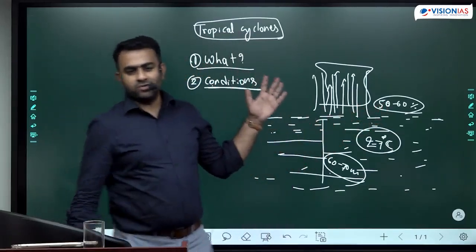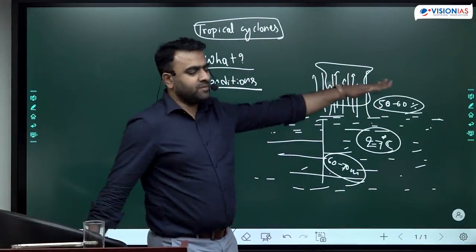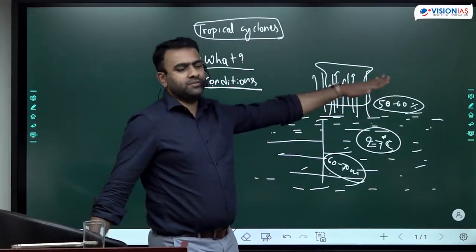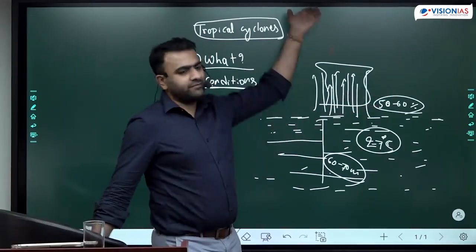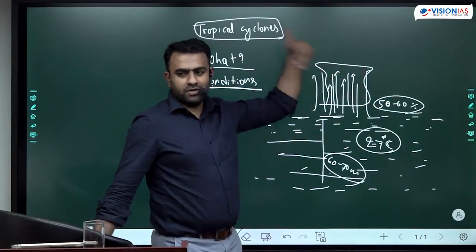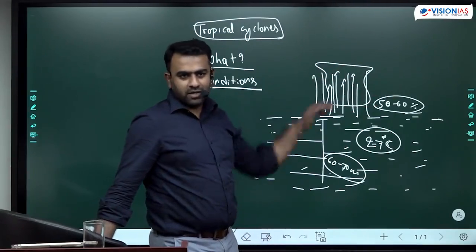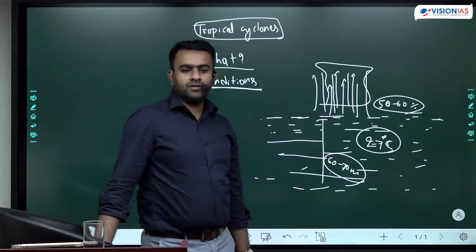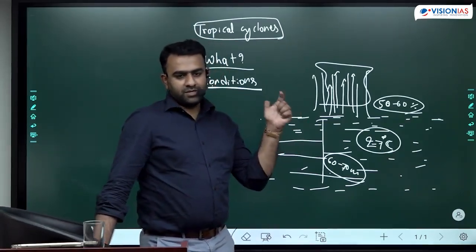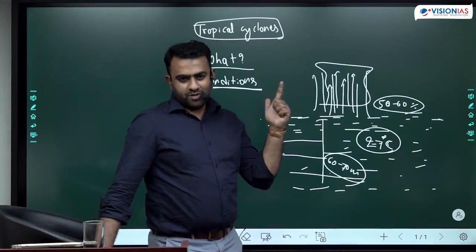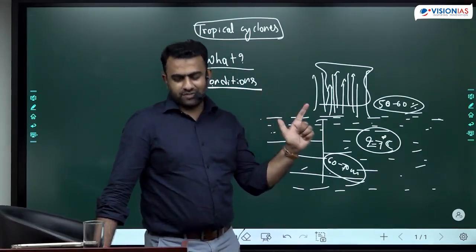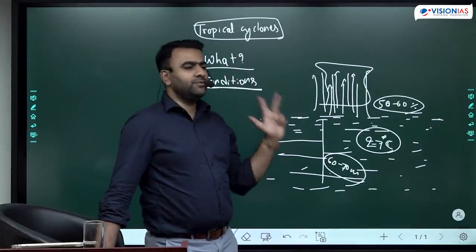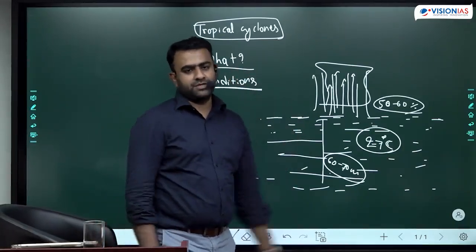Easily, thick clouds will not form. Minimum of 50 to 60% of humidity should be there near to the surface. Only then when it undergoes convection, it can cool down and results in cloud buildup, and those clouds can sustain for longer duration. Okay? Three conditions: temperature 27 degrees, the depth of the warm water going up to 60 to 70 meters, high relative humidity of 50 to 60%.